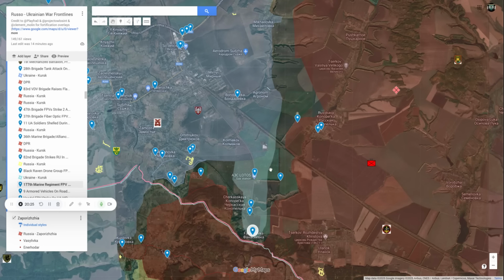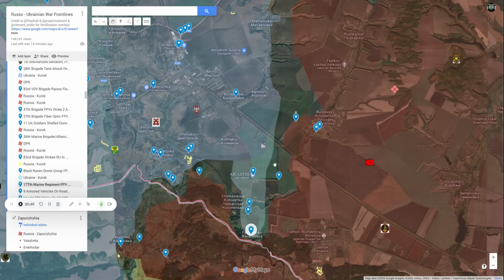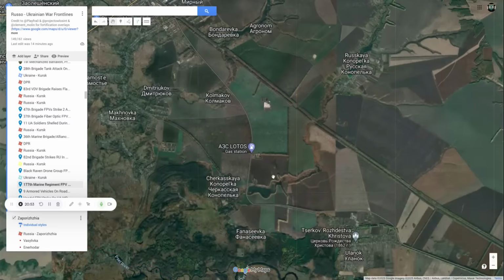And based on confirmed footage of strikes, we've probably seen at least 15 vehicles struck. So we're looking at soon, with official and unofficial sources, almost half of the armored vehicles getting lost. Maybe not destroyed, but they definitely got hit by FPVs, and it could reach even higher in the coming days if the Ukrainians are now going to double down on their efforts over here, because there are reports from the Russian side that the Ukrainians are looking to renew their attacks and expand even further southwards,